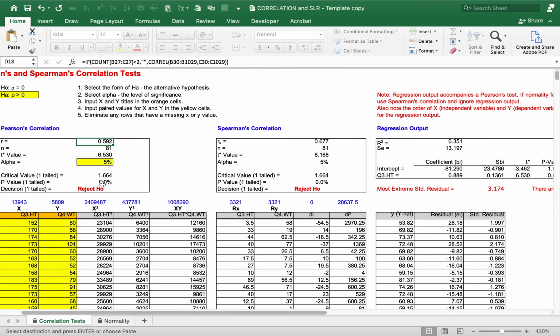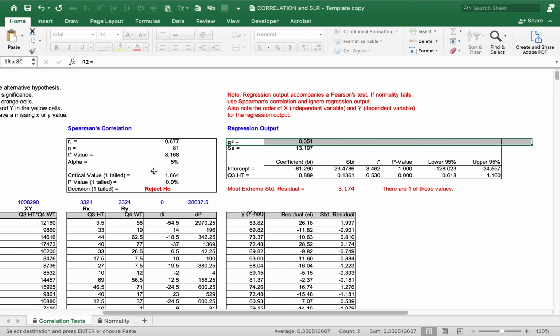We reject H0, low p-value, okay, high t star value, and it's positive, and that corresponds, of course, to the positive r value here. And so not only do we have a positive relationship here, but we can describe the relationship over here